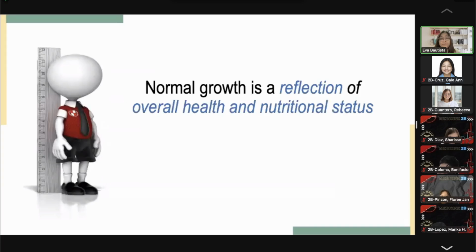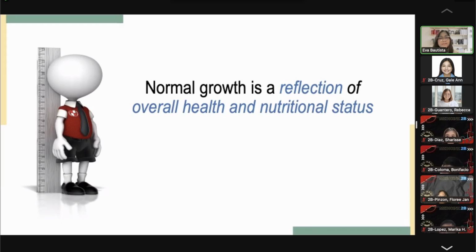So growth, therefore, is an important indicator of the child's health, the adequacy of nutrition, the impact of illness or illnesses, and the general well-being of the child, okay? So likewise, the growth status of infants and children may also be indicators of health and socioeconomic development of the community they belong to. Like in our country,